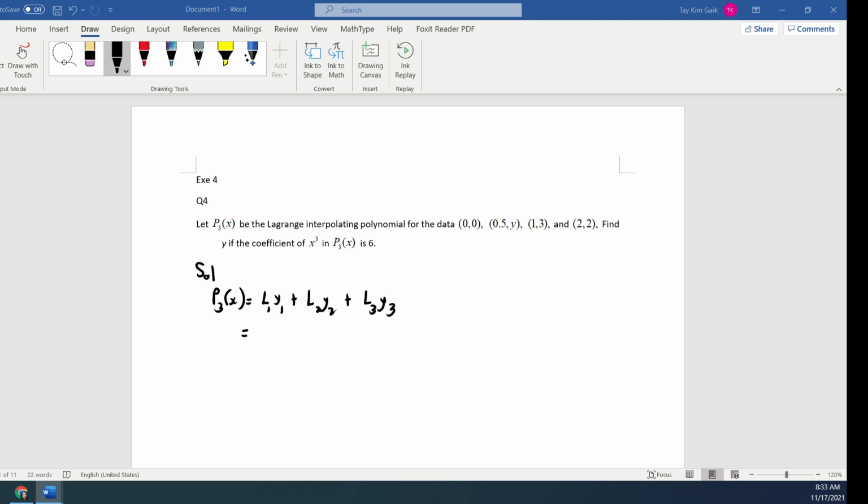So the L for the Lagrange, sorry, L0 y0, we start with L0 y0 plus L1 y1 plus L2 y2 plus L3 y3. So L0 is x minus x1. That is, for L0(x) you subtract the points other than point 0. So x minus